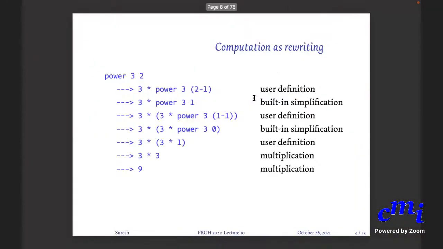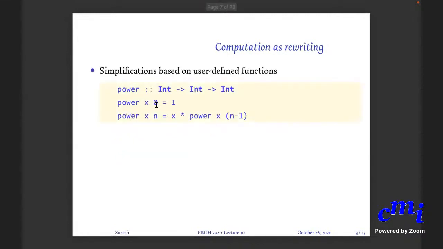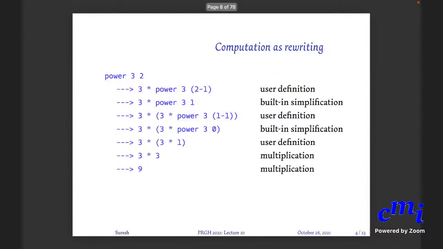So what is happening here? For instance, let's take power 3 2. The first step that happens is that it looks at the definition. It has to check the second argument to see if it is either 0 or n. If you look at the definition of power, the first argument has just a generic pattern x. There are no patterns that you are insisting on. Any pattern will match x. But for the second argument, you are saying, for 0 there is one definition, for non-zero there is another definition. That's what you are saying when you say n. So it has to evaluate the second argument, but the second argument is already evaluated to its simplest form as a number. That's fine.